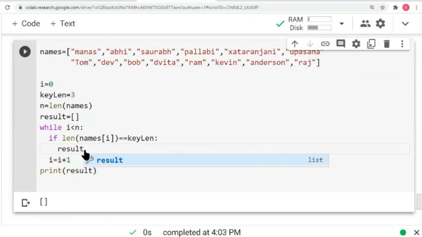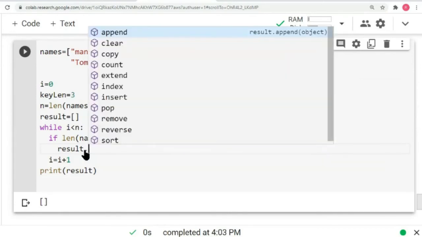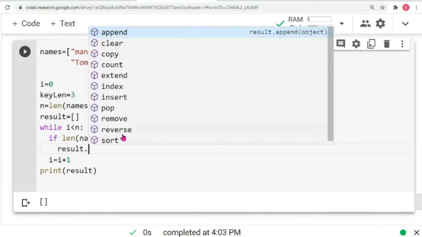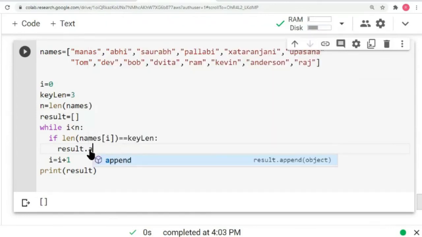So we want to pass a message to the result tortoise. How do you do that? Result is the name of the tortoise, and we'll be using this dot operator. As soon as we write the dot operator, you'll be able to see the different messages that you can actually pass to a result tortoise. Okay. So result dot, we want to pass a message to the result tortoise that